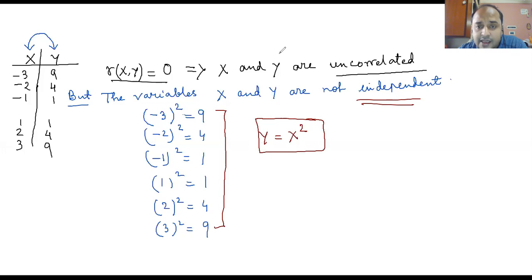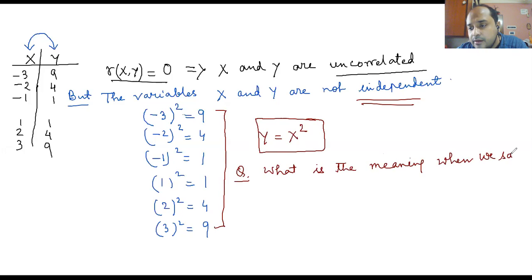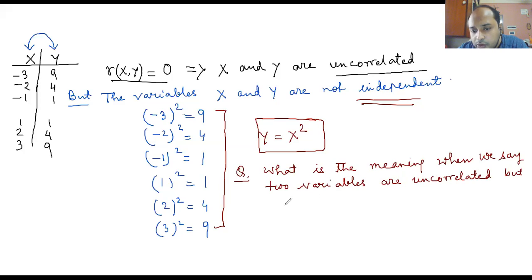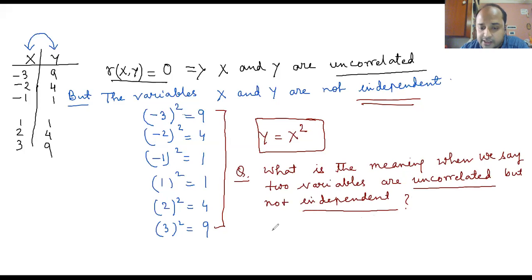So what is the difference? The question is, what is the meaning when we say two variables are uncorrelated but not independent? What is the meaning of this? They are uncorrelated but not independent. What is the meaning of this? The meaning of this is